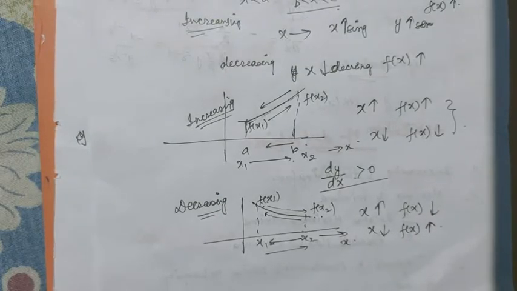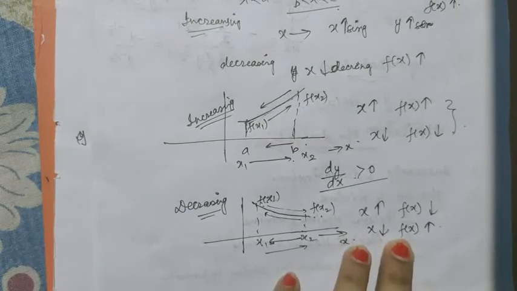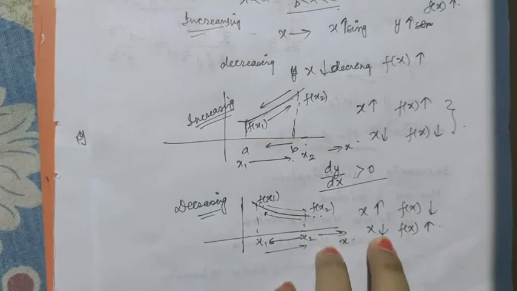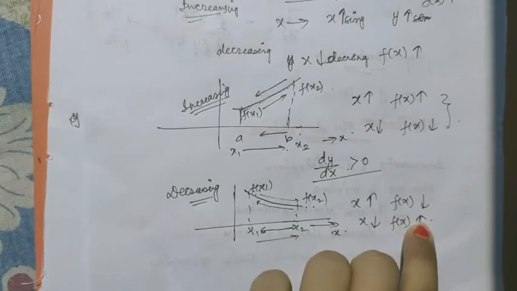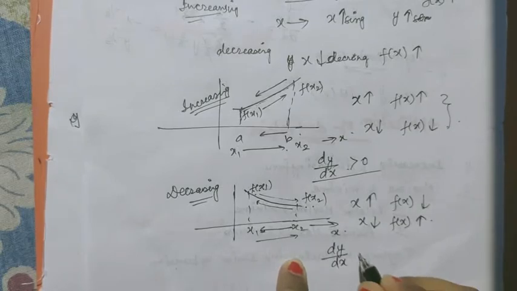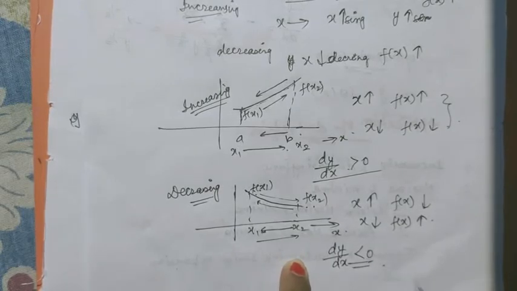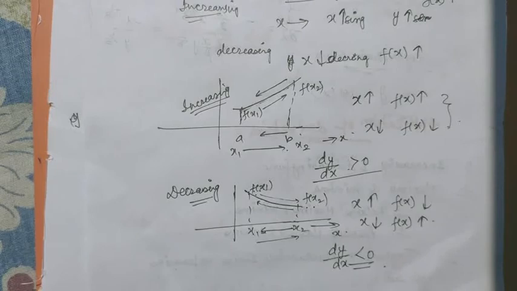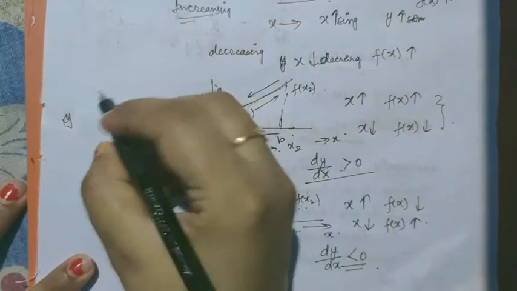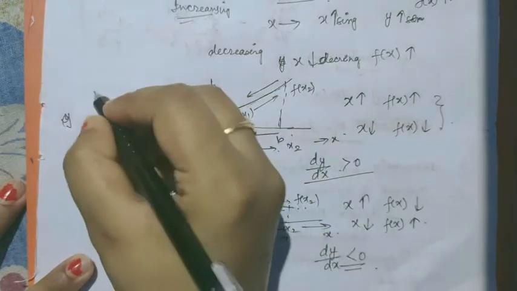So in decreasing functions, there are two conditions: when x increases, f(x) decreases, and when x decreases, f(x) increases. Also for this, dy by dx should be less than 0, that is negative. Okay, there is one more point. There is also a term